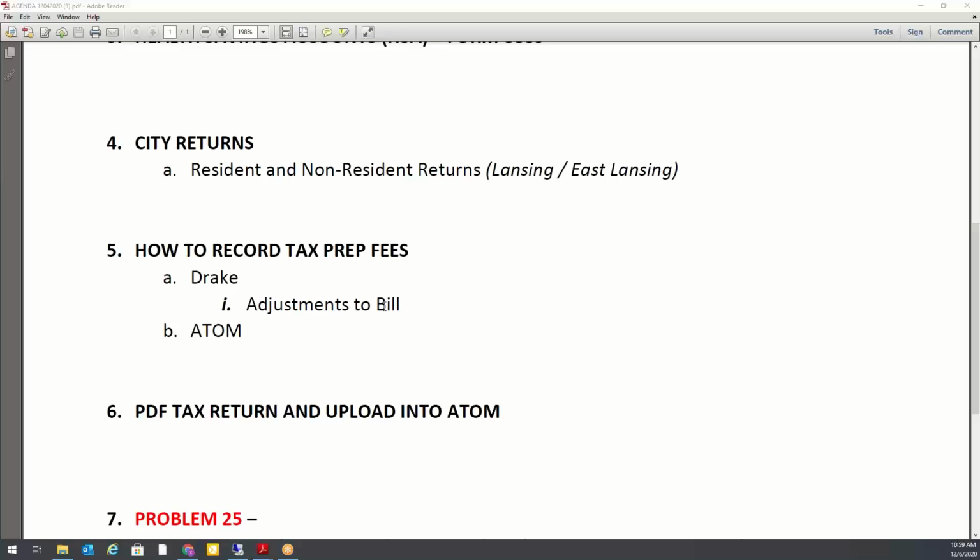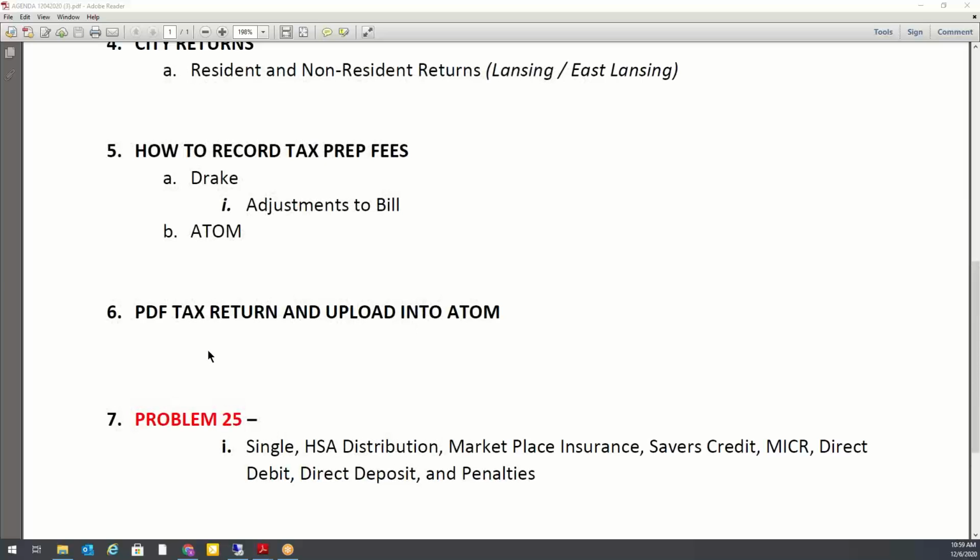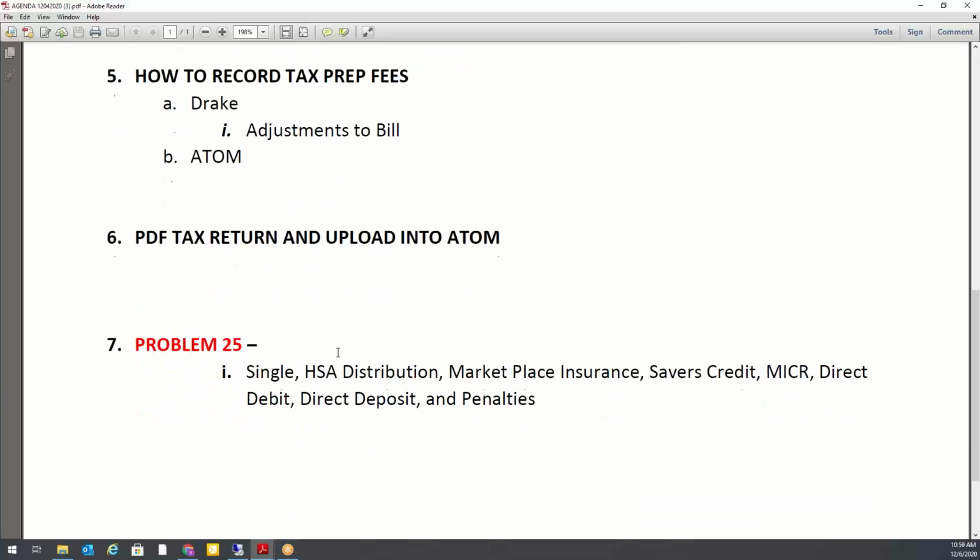Basically, in Drake, it'd be an adjustment to the bill. I want to get you familiar with how to use the bill and how to PDF a tax return. So PDF, which I found out last year, a lot of students don't know what that means. That's just basically turning a return into a hard copy type thing that's accessible online, so the client can then view it on their phone or on their computer. So that's what we do with every single tax return once it's complete, and then we'll be doing a problem putting this all together,